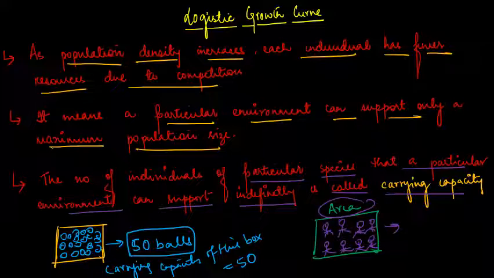Similarly, take the area in your home. Suppose in your home only 4 people reside, and you have only 3 bedrooms, but on some occasion 100 guests came. Can they stay there in the 3 bedrooms? No, that is beyond the carrying capacity of the house, right? So every environment, every area has a carrying capacity, and when population growth reaches its carrying capacity, it shows the logistic growth curve. Clear? It shows what? Logistic growth curve.